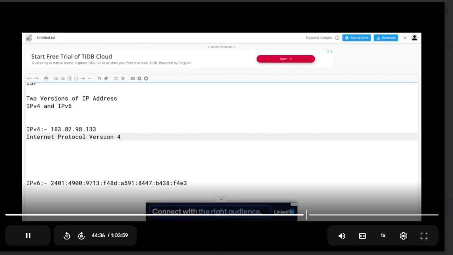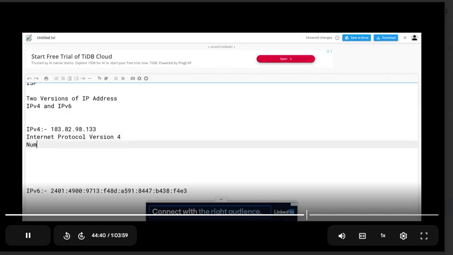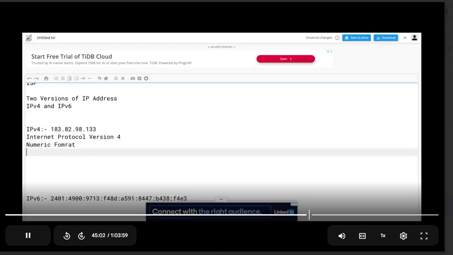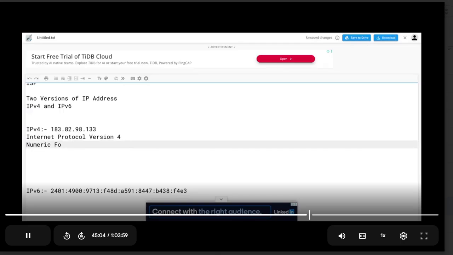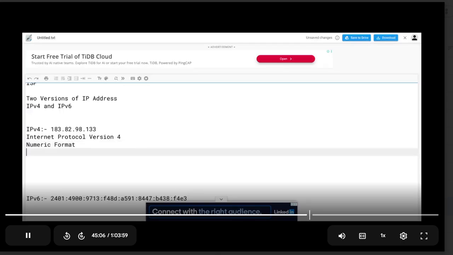IPv4, sorry, it's numeric. It's not infinity, it's finite. There will be some end for this IP address. It's not an infinity kind of number. So here, for example, as I said, these two versions. It's a numeric format. So the range is,